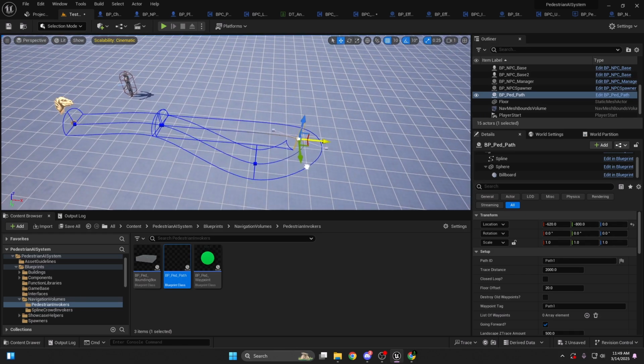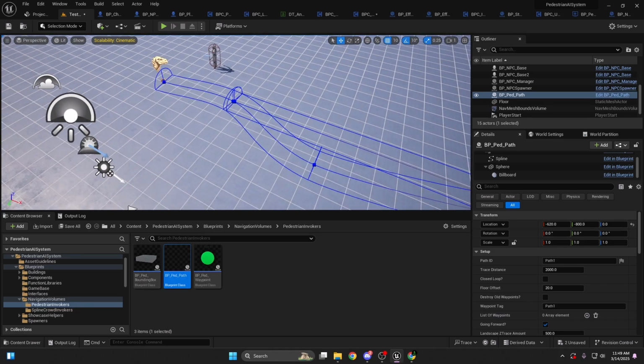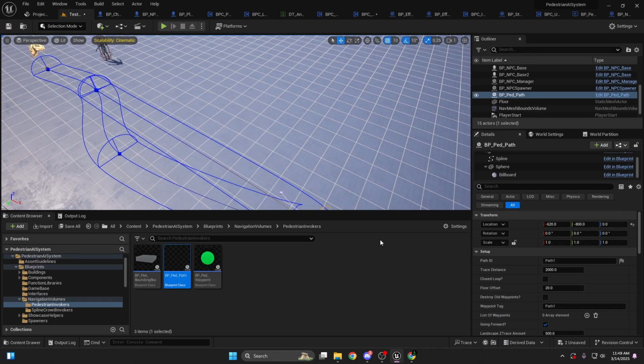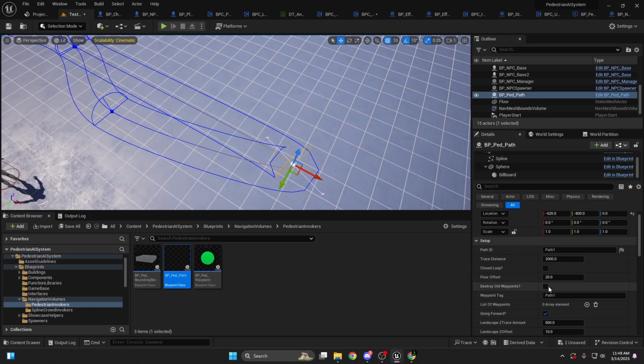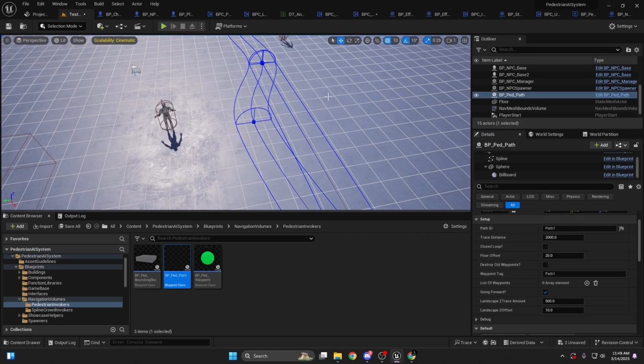And maybe I'll drag it again and add another spline point. So here you can see by default it follows a closed loop, but I can disable it like this,